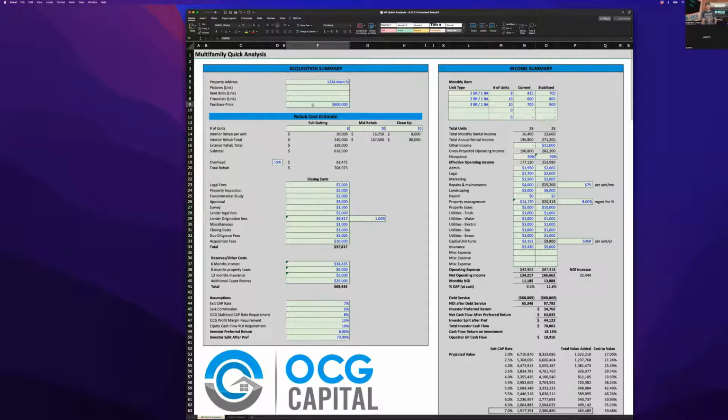So in this example, I just put it at 600,000. And so looking at this, we have 8 units that need full gutting, 10 units that need mid rehab, and 10 units that just need cleanup, because there's different stages of rehabs based off of each unit individually. There's units that have already been maybe rehabbed in the seller's eyes, but aren't really rehabbed in your eyes, or